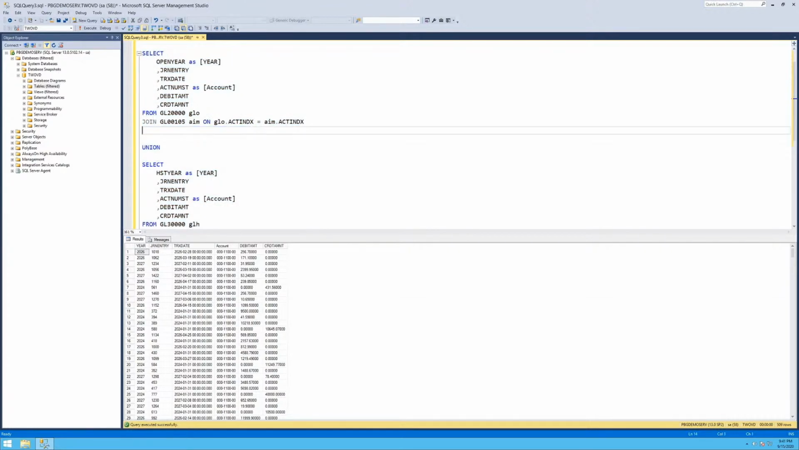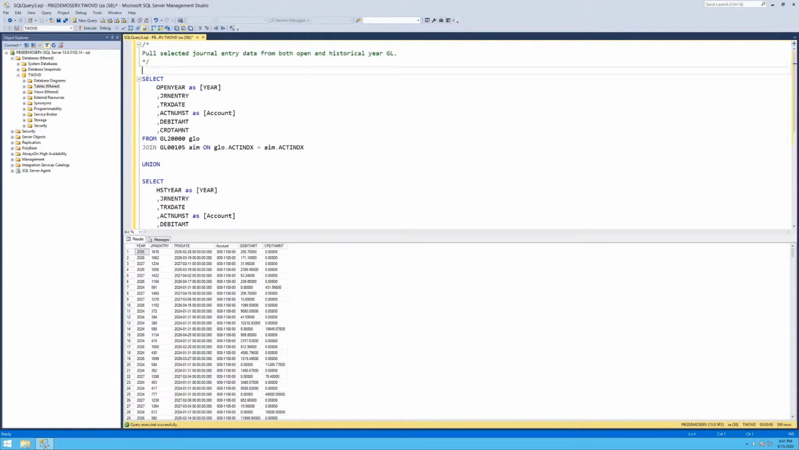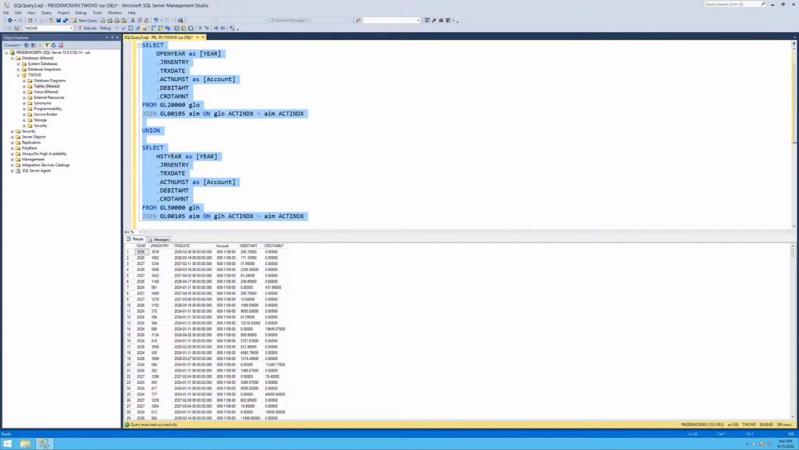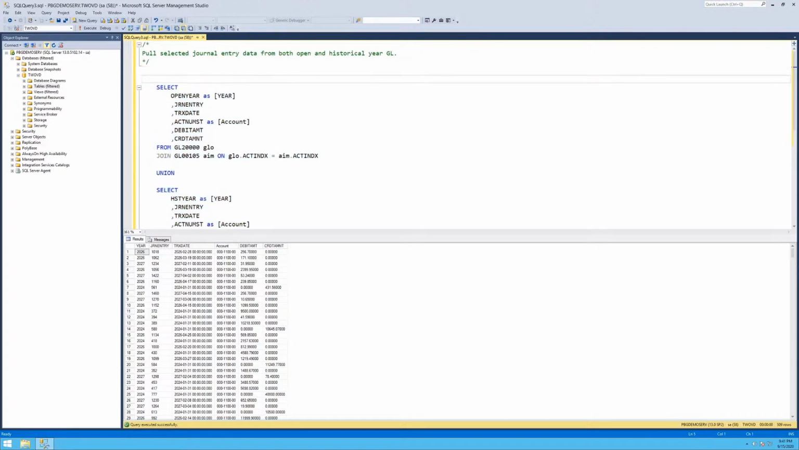First, let's remove our where clauses here and here. And what we're going to do is save the results of this union of the open and history GL as a view instead. So we saw creation of a view in a previous demo as well. It's pretty straightforward. All we need to do is create view, give it a name,